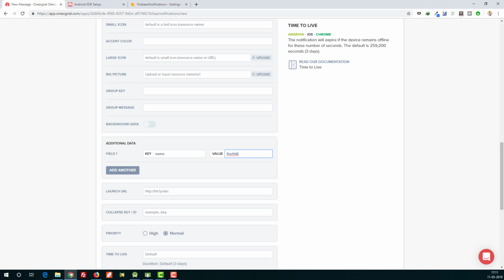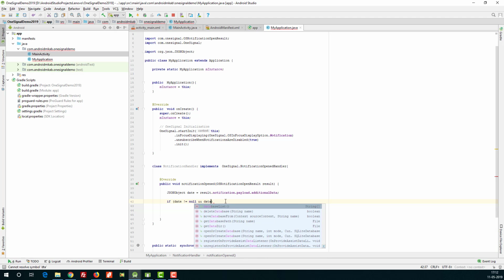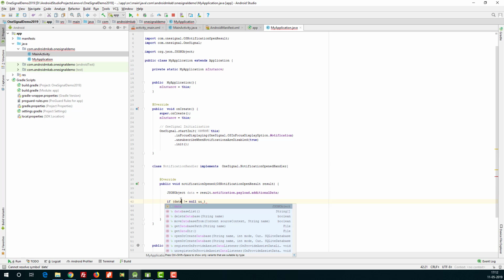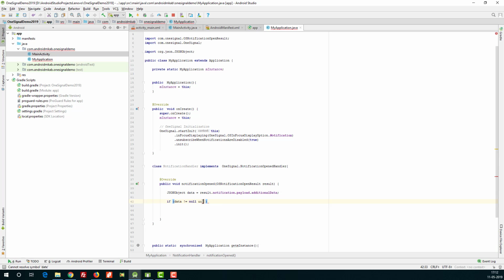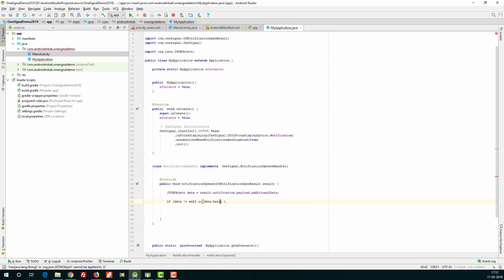So I have to mention it here, and data, sorry, here I have given it as date. Data, here also change it to data, and data.has name.